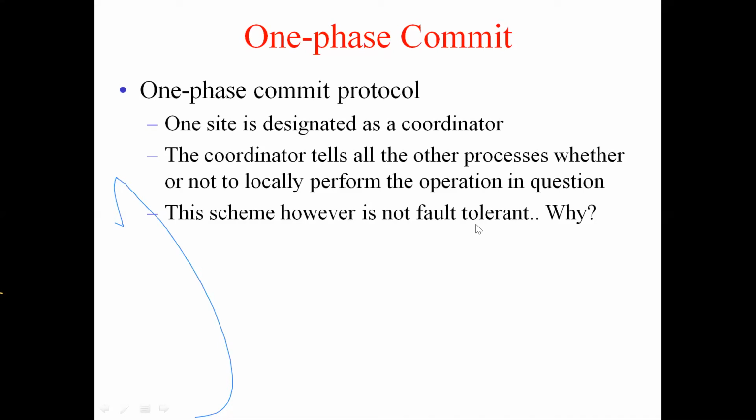Fault tolerant means something which can work even in the presence of faults. So this will work only if there is no fault, no failure. We are assuming everything is perfect, so the coordinator can just say okay, commit now. But this won't work because some of them may not have been able to complete their task. That is why this is not fault tolerant, and that is why this will not be used. All right. Why have I told you this? Just to give you an idea that there will be some phases, some communication between the coordinator and the processes.